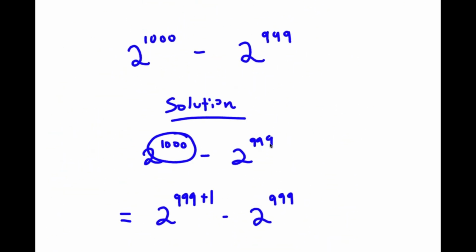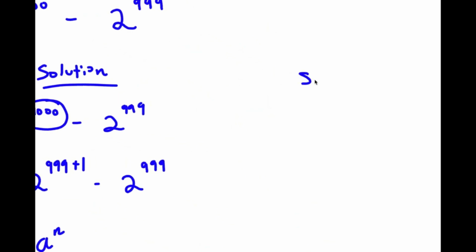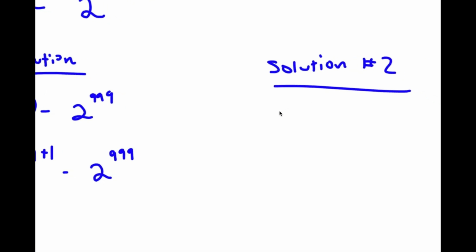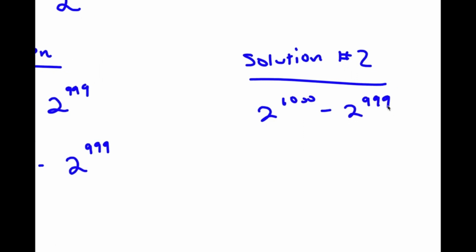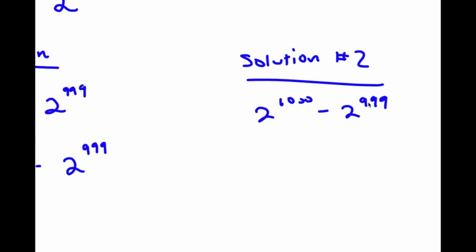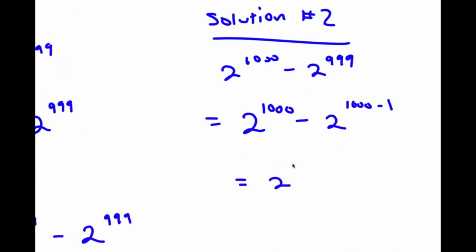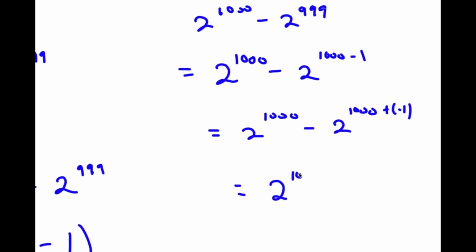Now, another way of doing this, so I first start with 2 to the power of 1000 minus 2 to the power of 999. Now this time, I'm going to rewrite 999 as 1000 minus 1. So now I have 2 to the power of 1000 minus 2 to the power of 1000 minus 1. And now that's the same thing as 2 to the power of 1000 minus 2 to the power of 1000 plus negative 1,